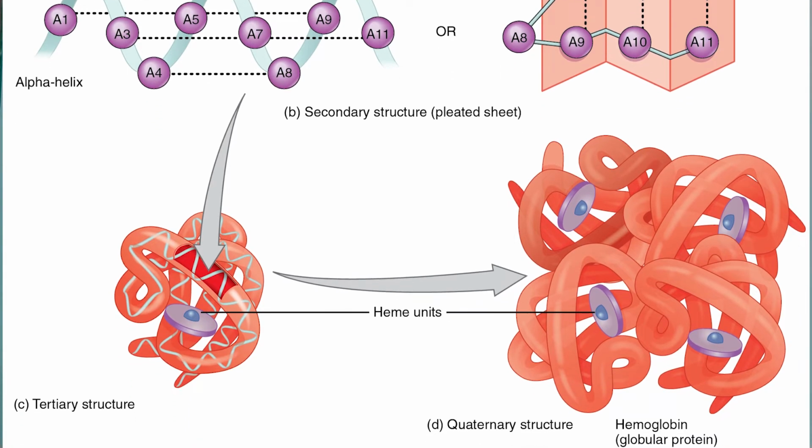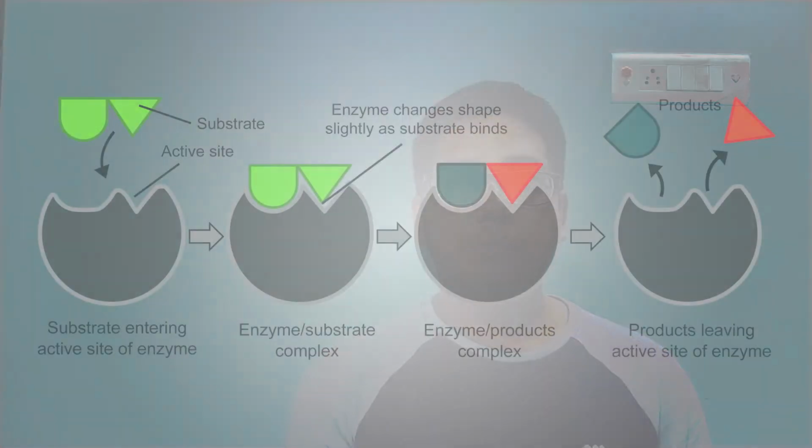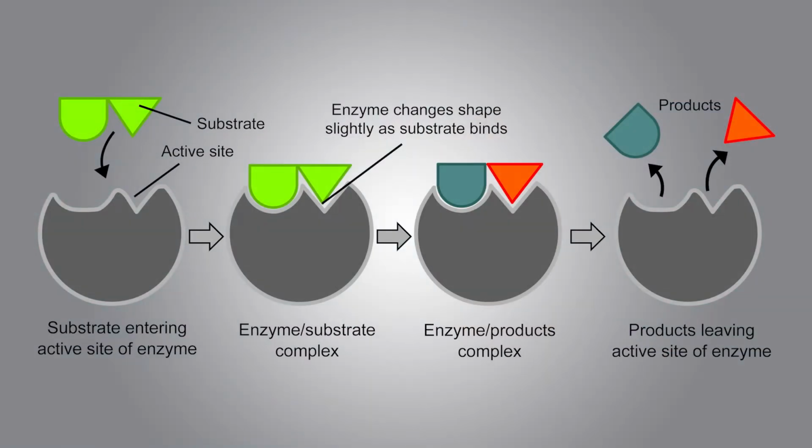Now, the simplest example I can give you of how the shape of the protein influences their functioning is that of an enzyme. Now, each enzyme is specific to its substrate. This means that a specific shape of substrate can attach itself to the active site of a specific enzyme so that the reaction can occur. The substrates of any other shapes won't be able to do that with that specific enzyme. It's kind of like two puzzle pieces joining together.